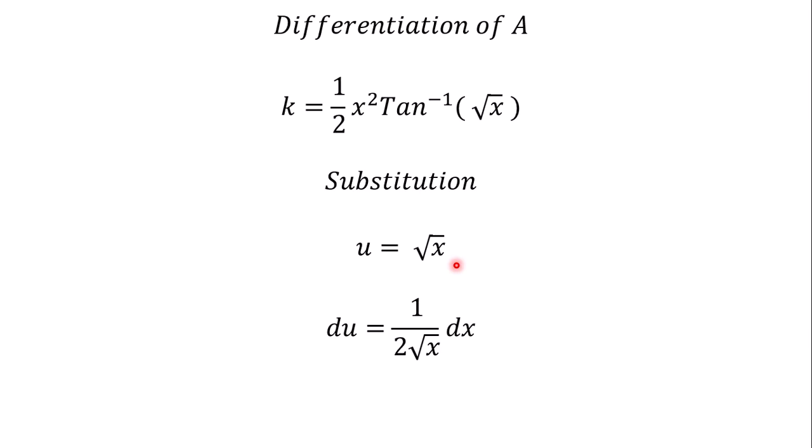And as usual, square root of x can be written as x raised to the power half. So x raised to the power half can be written as well as square root of x. So by that, we are going to get 1 over 2 multiplied by 1 over square root of x. And when you multiply, this is what you are going to get. Okay, so du is equal to 1 over 2 times square root of x,